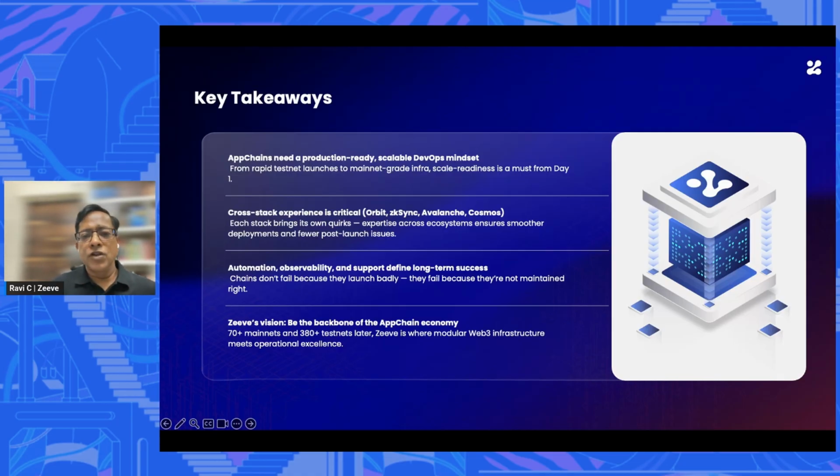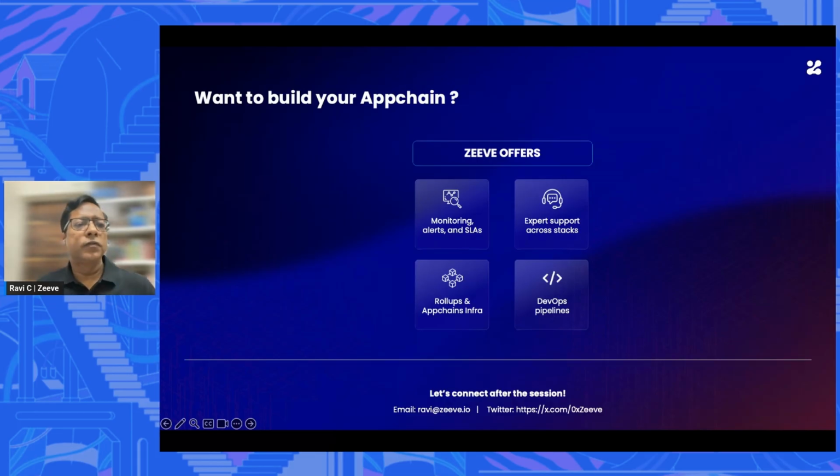And then bringing automation and 24/7 monitoring again becomes very important, so that you can spin up testnets on the fly, test it out, and ensure that your infrastructure is highly reliable and at the same time high performing. And then having sound monitoring in place, to ensure the longevity, performance, and user experience. And so these are some of the key takeaways based on our experience of running so many app chains and rollups today.